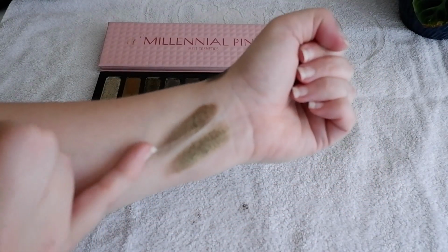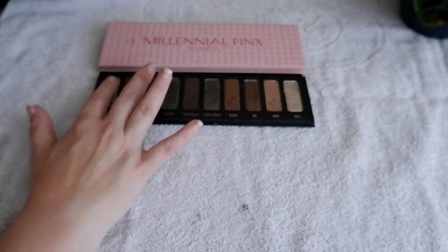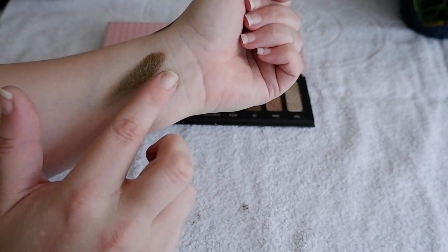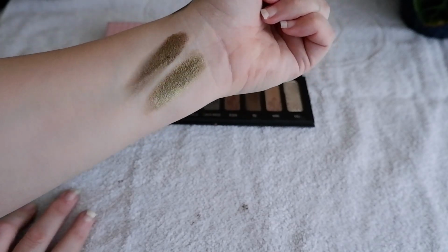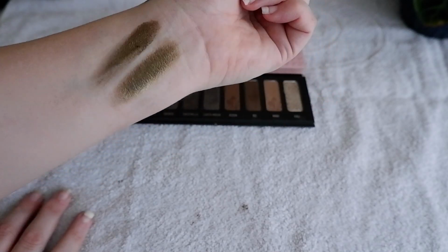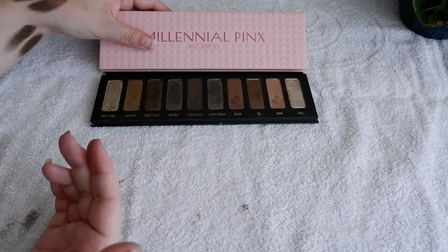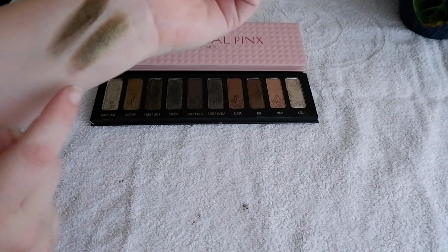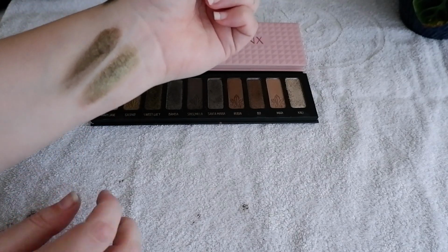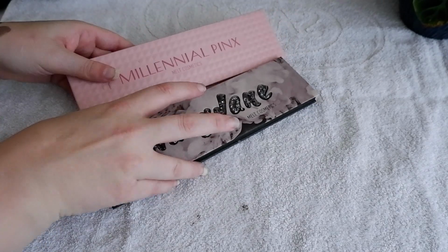That's the original shade, what it looks like when you first swatch it, and then this is what it looks like if you top this shade over it. And it just gets a vibrancy and a shine that the original shade just doesn't have. So the way I view these two shades is as transformers. So if you want to amp up the look, you can really make that work. And what I like, because this makes the shade look lighter than it originally is, it works really well on my fair skin. These two palettes, they didn't get rave reviews from a lot of people, but they end up being,